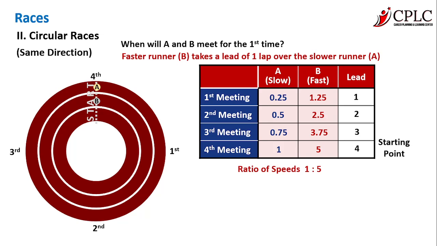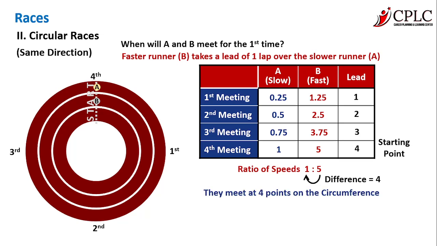And what we need to understand here is that if it is a circular race and if it is in the same direction, then we have to take the difference of this ratio of speeds. The ratio of speeds is 1 is to 5. If we take the difference of 5 and 1, obviously it turns out to be 4. And if the difference is 4, that is how we come to know that they are meeting in 4 different points, and they all should be symmetric points. So the framework is, whatever is the ratio of the speeds, you have to take the difference of that, and that gives you the answer: how many points they will meet.